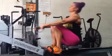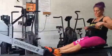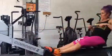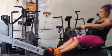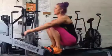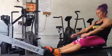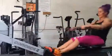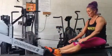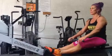Again, drive out, arms come in. So there's a pause, you actually get that lockout, you get the full drive, arms come in. Timing. Pull to the diaphragm, back over the knees. Pull to the diaphragm, back over the knees, then the legs bend. So you'll see a lot of people where everything's out of whack. So if you can focus on getting the timing of the pull and the drive of the legs right, it's